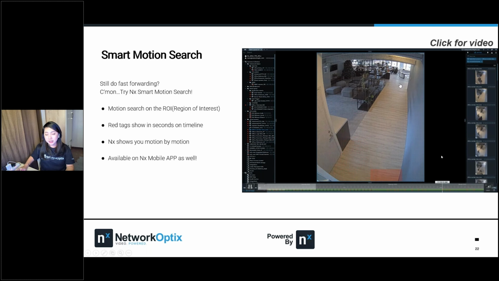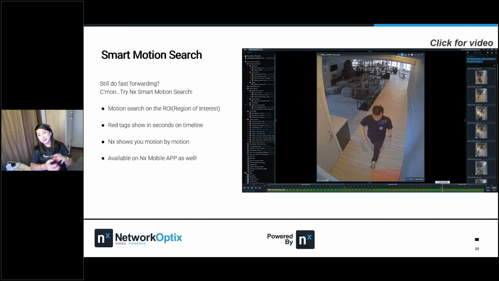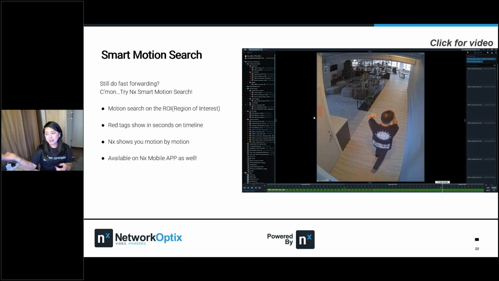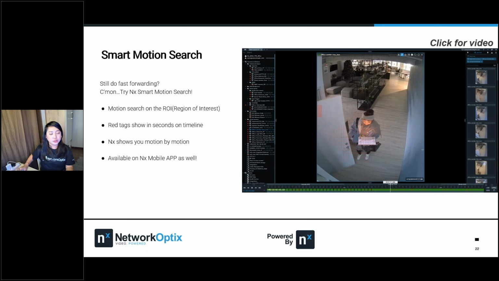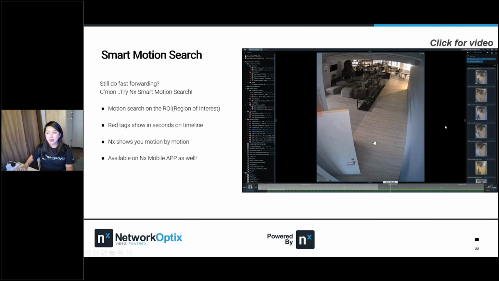This is our corridor going to our toilet in the Taipei office. You can see Andy going into the toilet and then going out. So basically, it will save you time. For example, if you have a restricted area and you want to check whoever tried to enter that area, you can use the smart motion search for this. So that's it for smart motion.